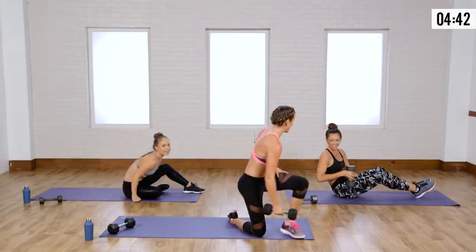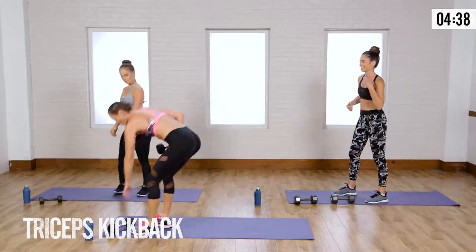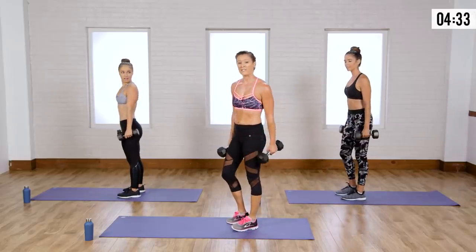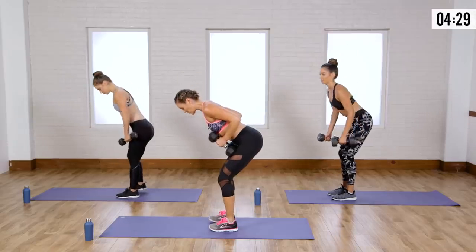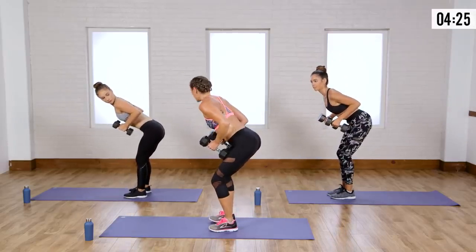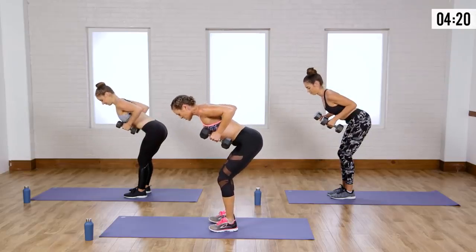Come on out to your feet, ladies. Now, we all love the tricep, right? So grab both weights, and we're going to do a kickback. If you don't do these a lot, start light. It's a great exercise to work your back, shoulders, and triceps. You're going to go in a little runner position here. Look at their backs, so flat. I love it. Booty's out, chest is up, elbows are up high, and you're going to start going one arm